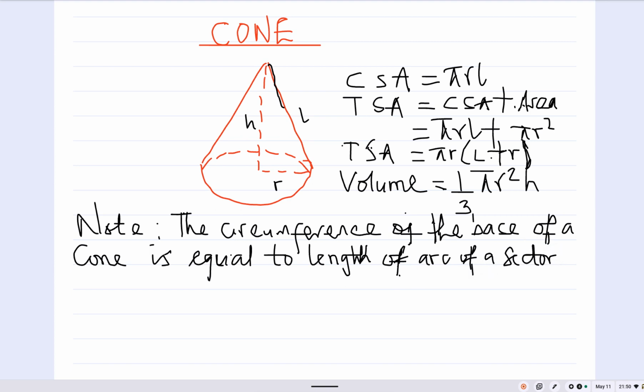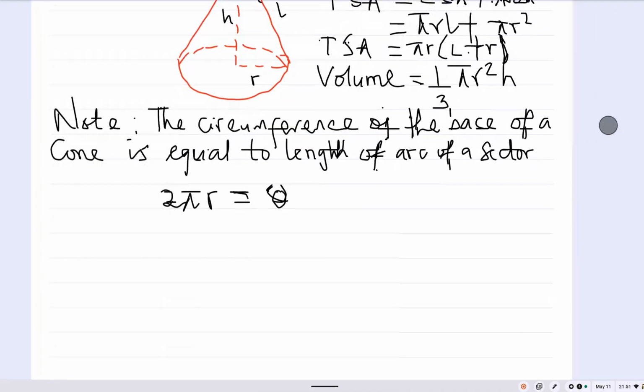So we are saying that the circumference of the base of a cone is equal to the length of arc of a sector. The circumference of the base of a cone is given by 2 pi r, equal to the length of arc of a sector. What's the formula for length of arc of a sector? Theta over